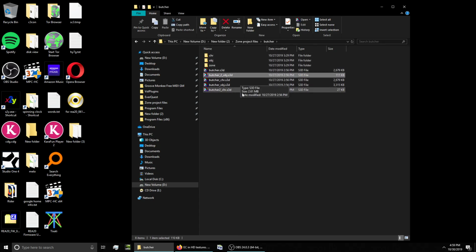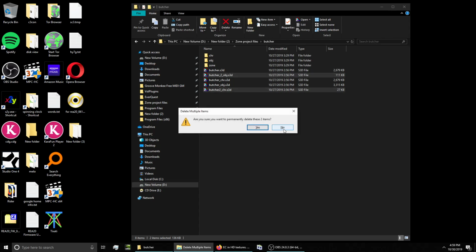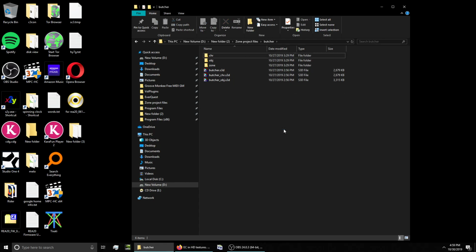Like I accidentally put these in here, but we're not. I think Butcher 2 is like the new Butcher block that they came out with in a later expansion. So I'm going to delete them because I don't need that. Okay, and then I also have these folders here. I also pre-made and put these folders in. Now you should do the same because